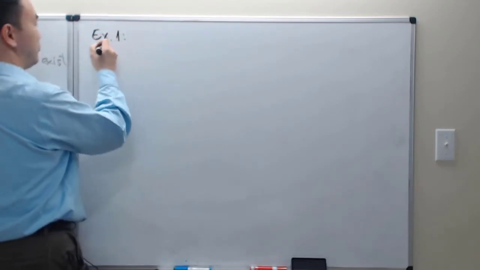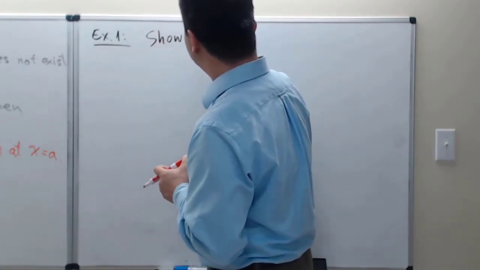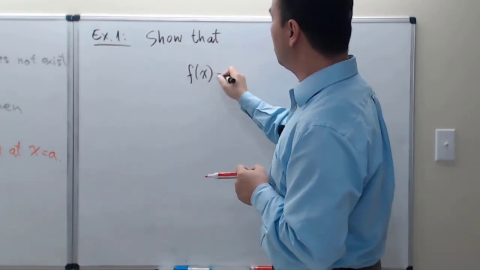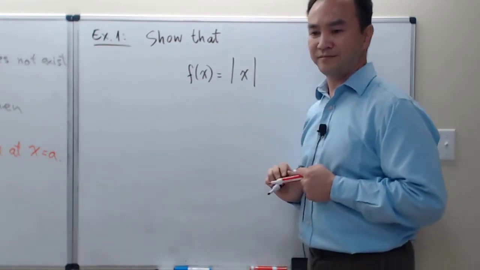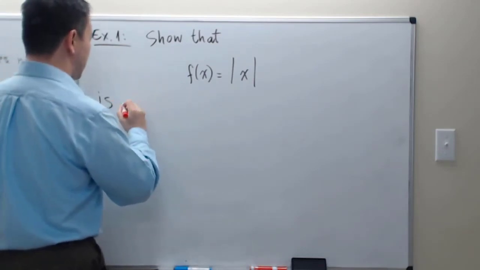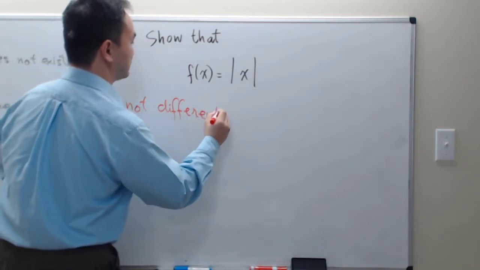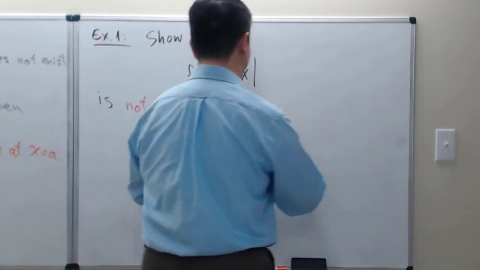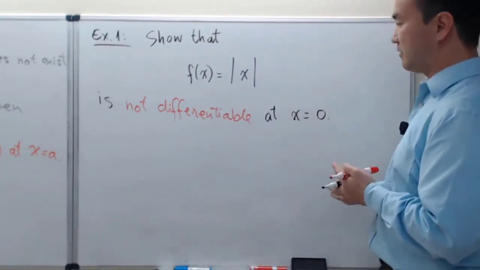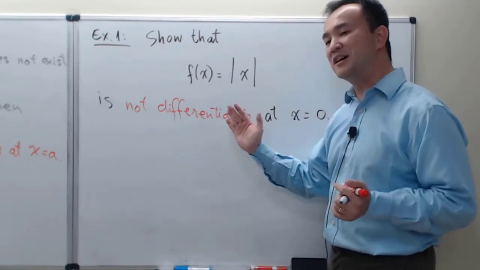All right, so in our example 1, we want to show that this function f of x equals the absolute value of x is not differentiable at x equals 0. And I have to also admit that I lied a little bit about what we learned to detect, but actually